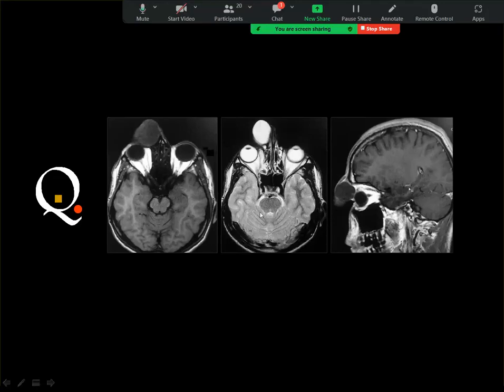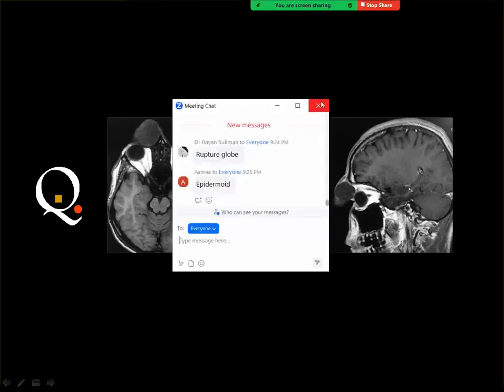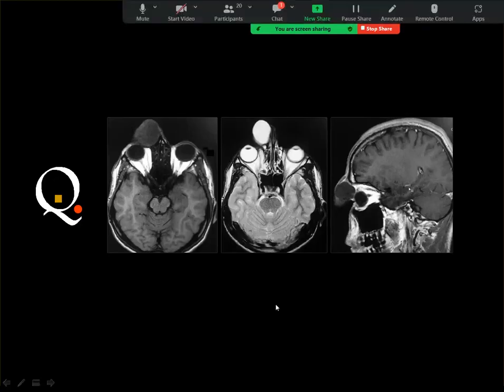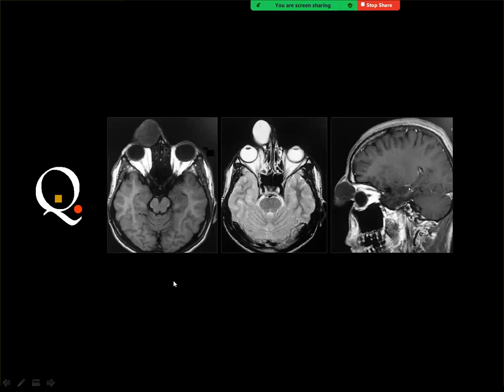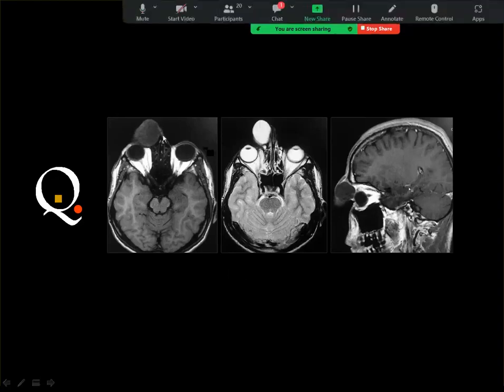And here is an MRI of the maxillofacial area. When you get a cystic lesion in this particular location containing fluid-like signal, it's a little bit higher than the vitreous humor. Then what do you think? Epidermoid. Okay. Another suggestion, dermoid. Yes, dermoid and epidermoid are good possibilities, but if you look carefully for the characteristic location,